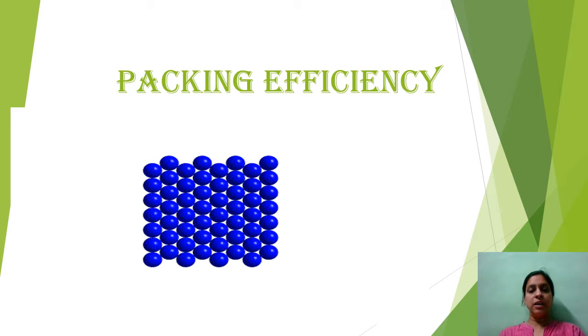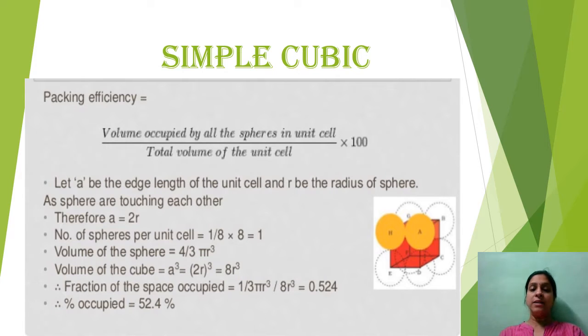We have already discussed the packing efficiency in HCP and CCP. Today in this lecture we are going to discuss the packing efficiency in the simple cubic unit cell, as well as in the body centered cubic unit cell. As we all know, packing efficiency is the volume occupied by all the spheres in the unit cell, multiplied by Z, upon the total volume of the unit cell,